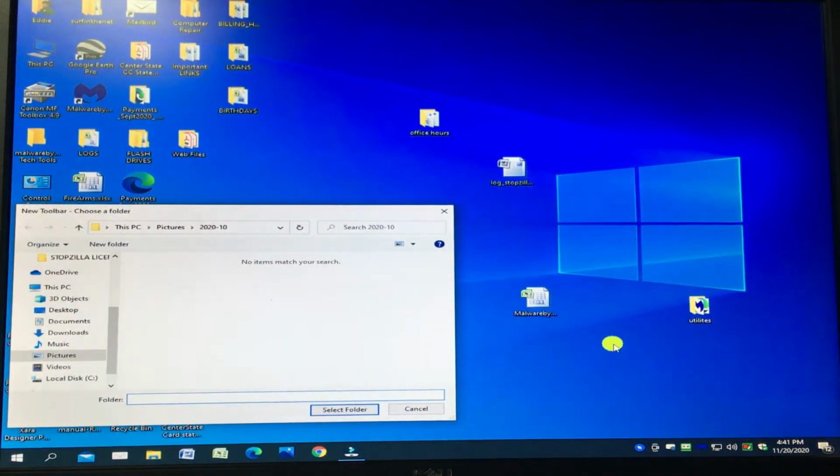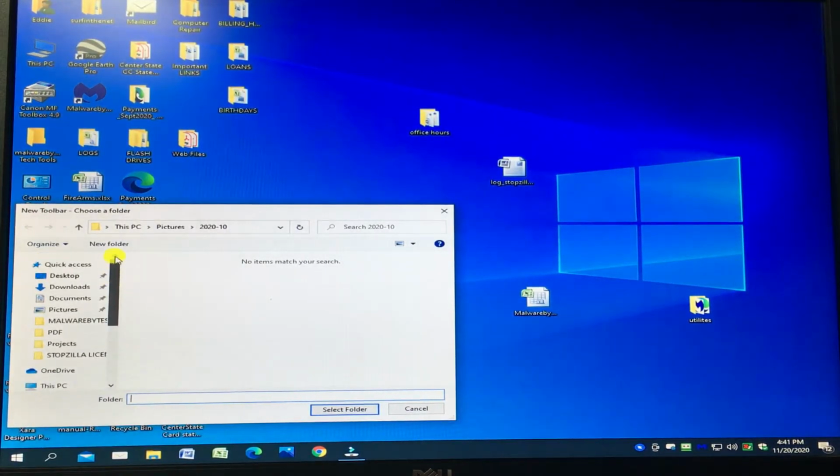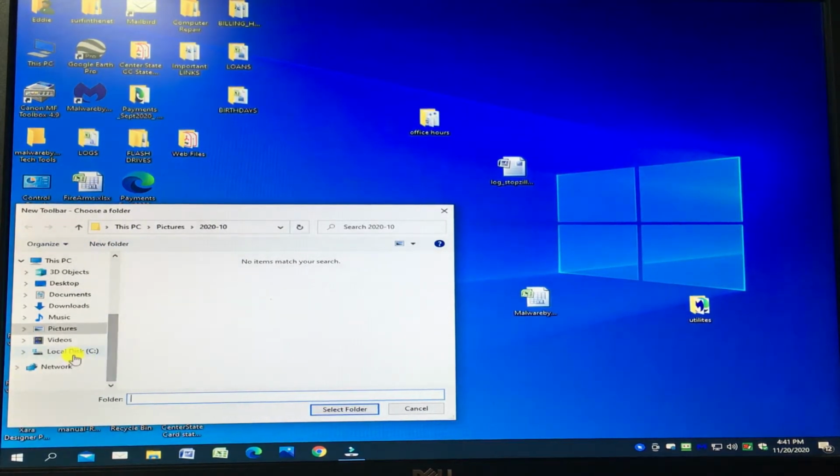What this does, it allows me to take any folder I want, whether it's pictures or whatever, and I can have it on my taskbar. So I can search some of the programs here, go all the way down. I can go look through my C drive. I can put music, my downloads file, my documents file. Let's say I want my